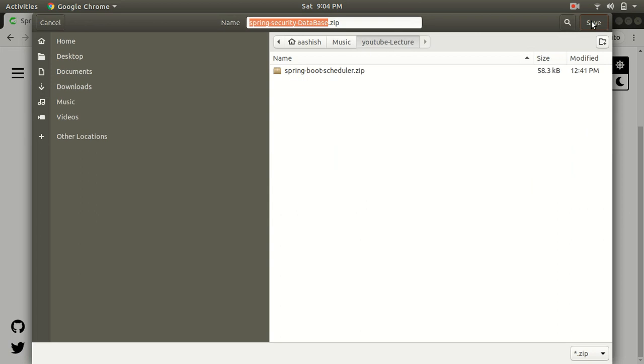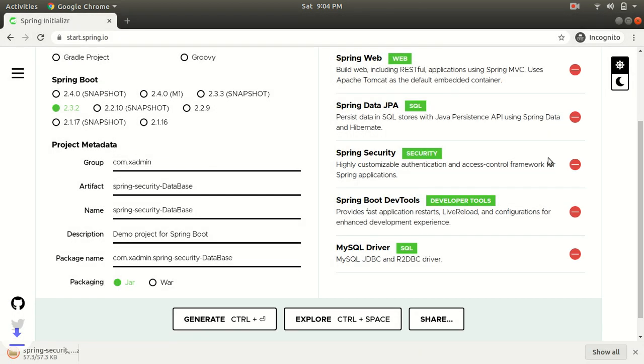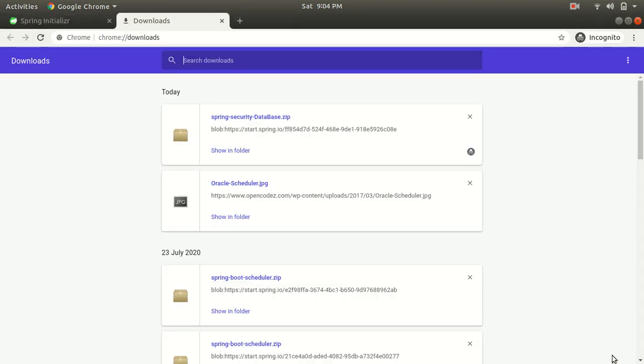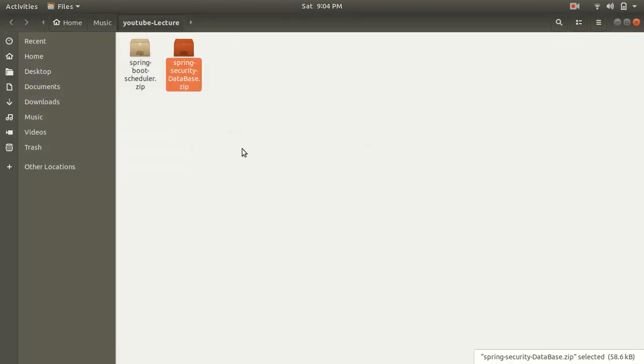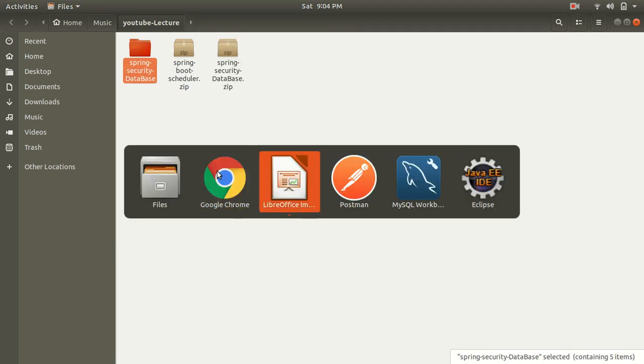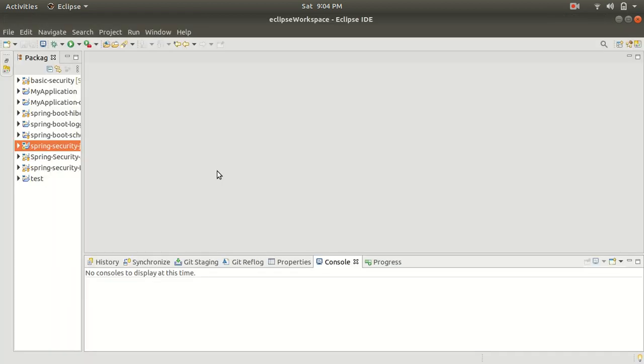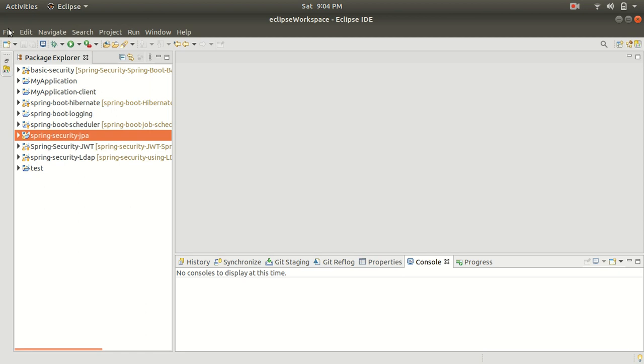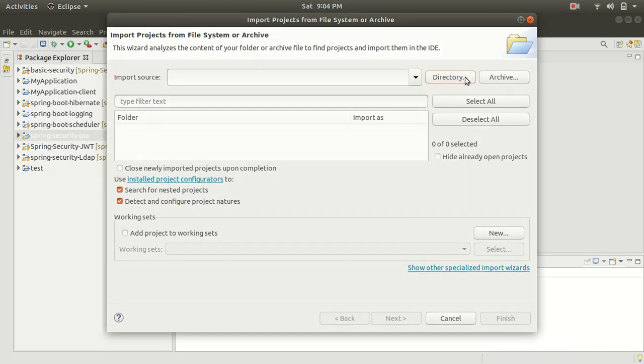So guys, our project will be downloaded in a zip format, so we need to extract it and then import it into our Eclipse. So we have downloaded it, so let's extract it. Let's go to our Eclipse, and here we need to import the project. So provide the path directory.